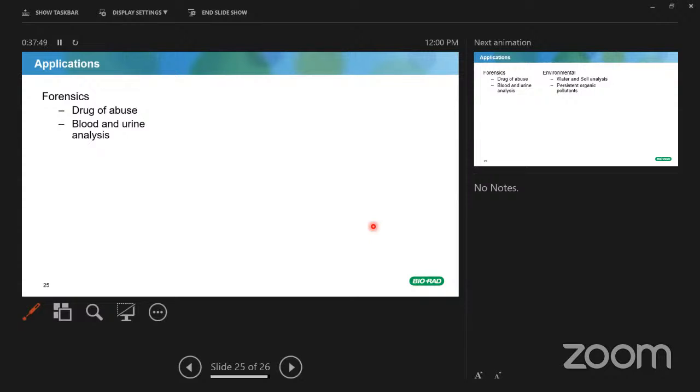For example, forensics. Now, some of you might have heard about the case going on for Sunanda Pushkar, wife of MP Shashi Tharoor. There were talks about poisoning and things. In terms of forensics, the use or abuse of drugs can be detected through an HPLC. So these sort of instruments are used in forensic labs to detect any particles